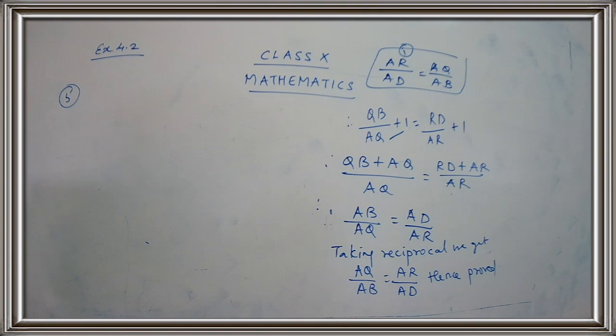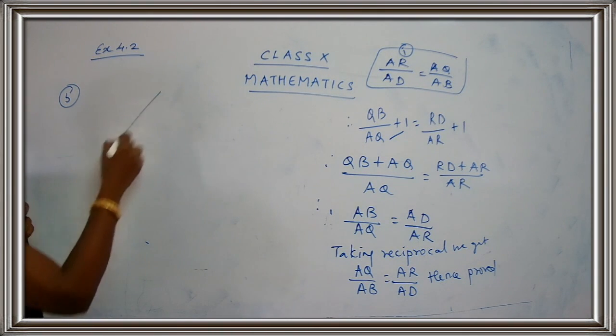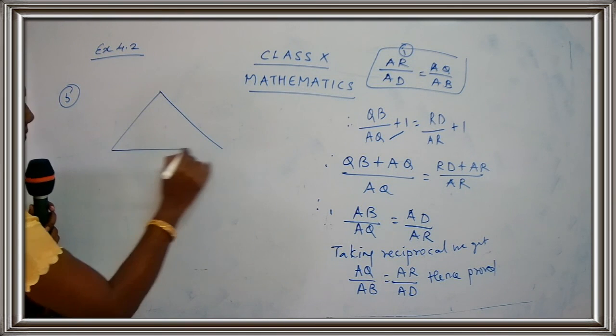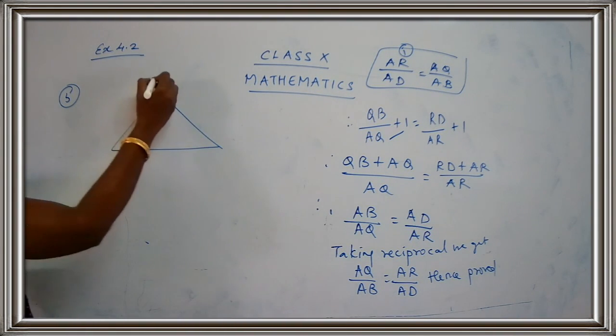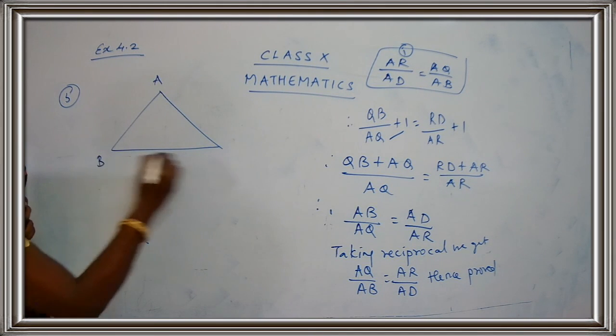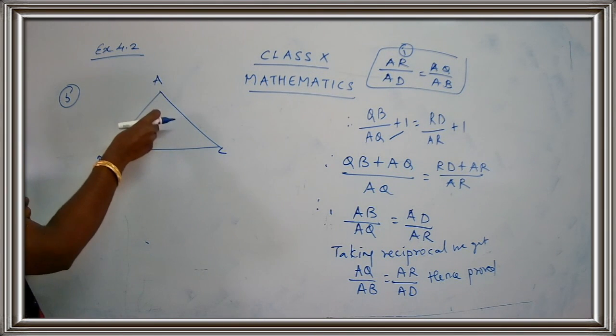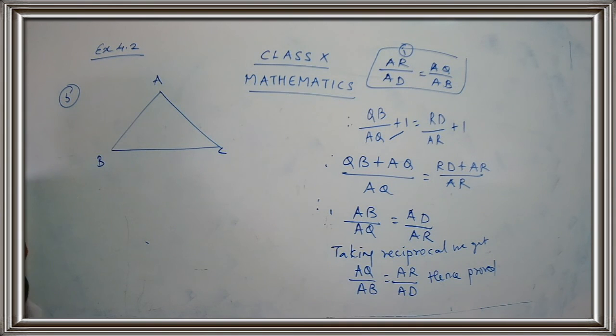So first of all, we are going to draw a figure. First of all, you have to draw a triangle ABC. Come on, draw a triangle. You have to use your scale and pencil, children. Come on, draw the figure. It's ABC. So inside this triangle, you have a rhombus. Okay. So you have to draw a rhombus, and they have given you some of the conditions.